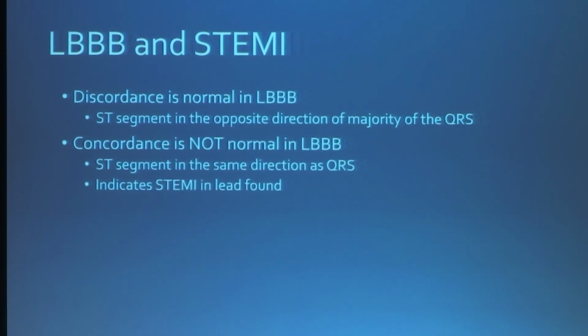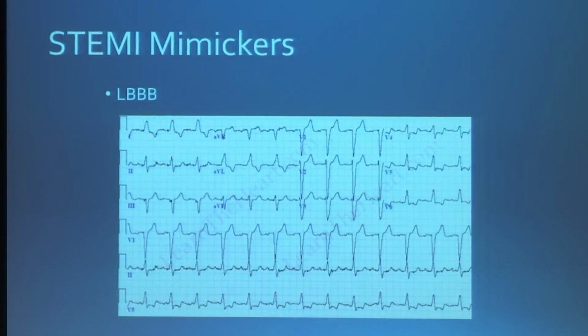Discordance is normal in left bundle branch block, which means the ST segment is in the opposite direction of the majority of the QRS. To have ST segment elevation of concordance, you mean that the ST segment is elevated in the same lead that you have an upright QRS complex. So you have to have elevated ST and you have to have an upright QRS to be concordant. That's the only Sgarbossa criterion I ever want you to use. Normally, there is total discordance. For example,